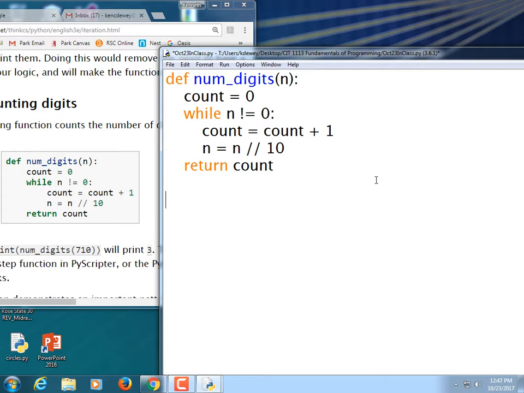Okay? So we have a method here called num digits, and what's that n in parentheses? What's that called? Parameter, or also an argument. Depending on which way you read it, it's either one. Now, how do I call this function? Does anybody know? So if I call num digits, and spell it correctly,